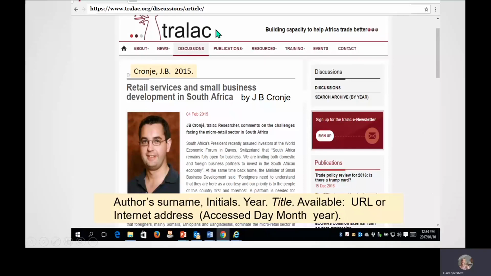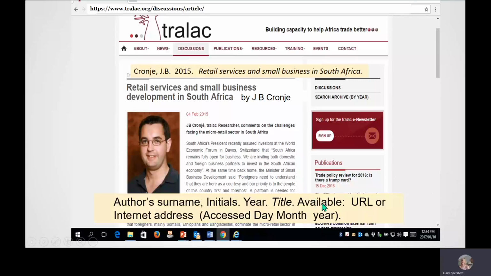It's not the title of the website or the heading of something else or the page. It's the title of the bit that we take our information from. The title is italicized. The R of retail is capitalized. And in this case, we capitalize South Africa because it's a noun, it's the name of a country.